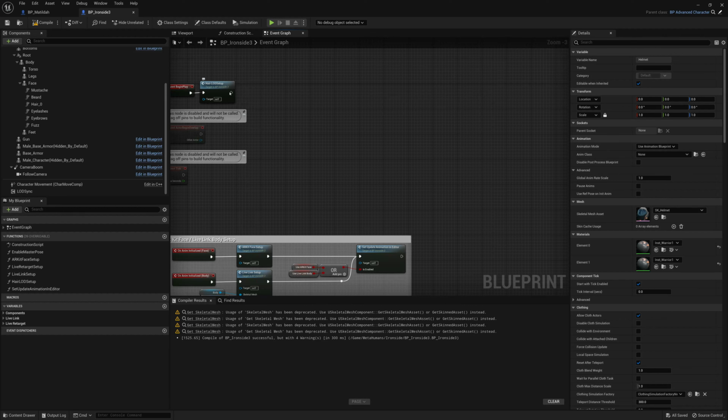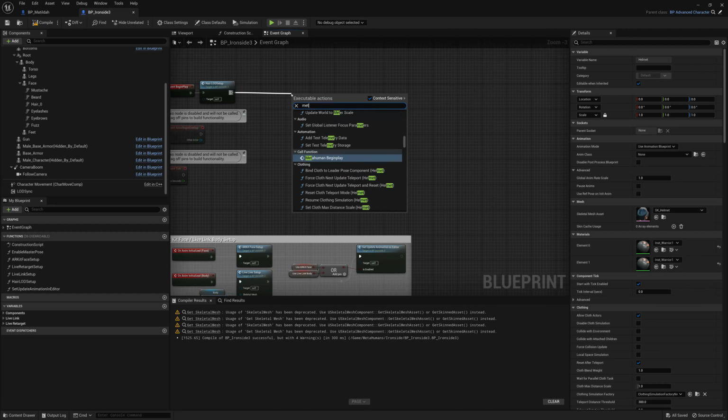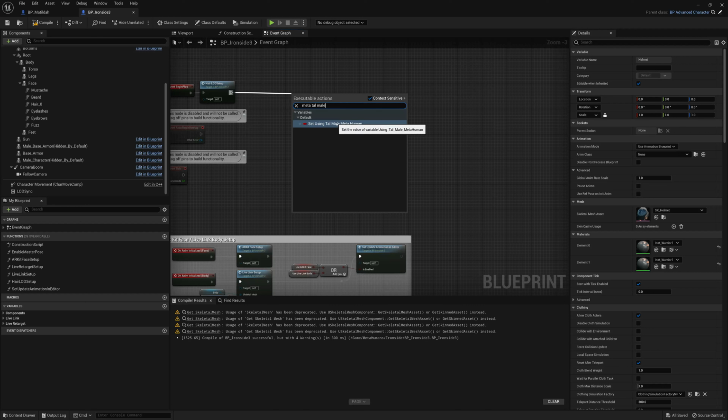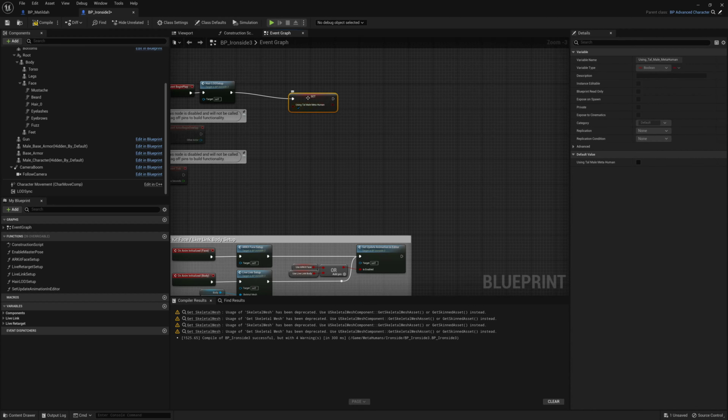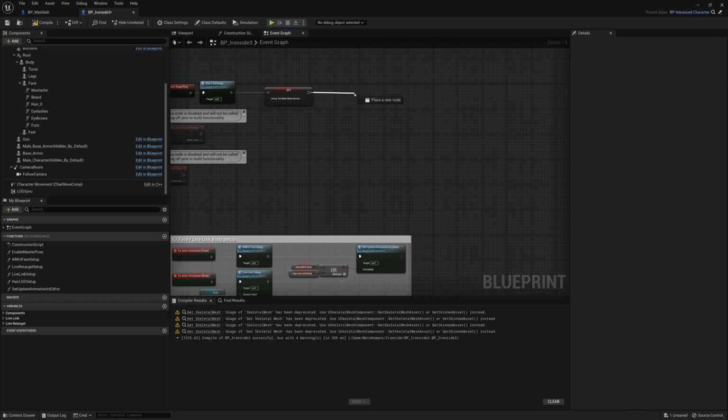Over here we're going to drag, and the first thing we're going to add is, you type meta tall male. Using meta tall male, we'll set this to true so that our parent blueprint knows that we're using a tall metahuman male character. Okay, let's compile that, save that, and